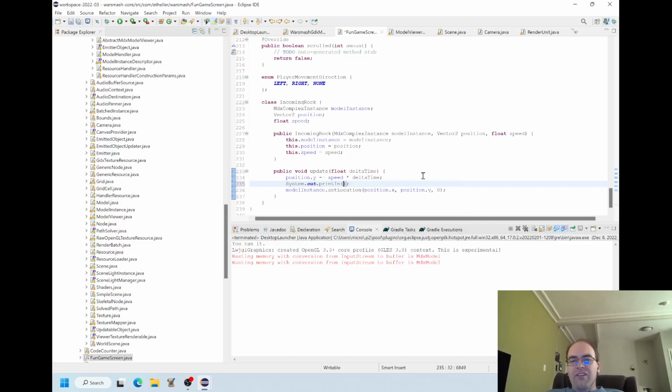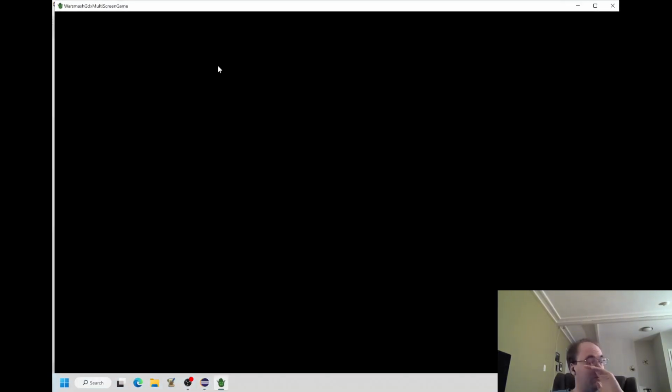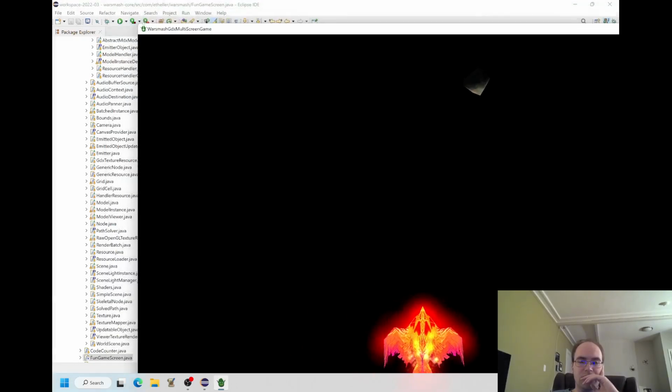Well, I wonder if I can print out the rocks and their positions and see that they're moving. That might work. This is kind of a simple test, like checking that I'm not crazy.